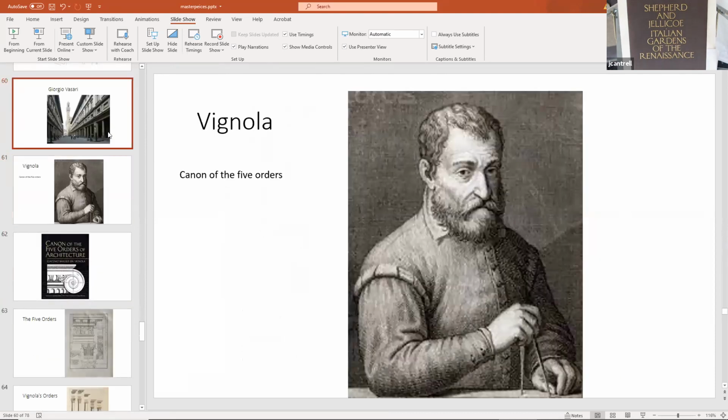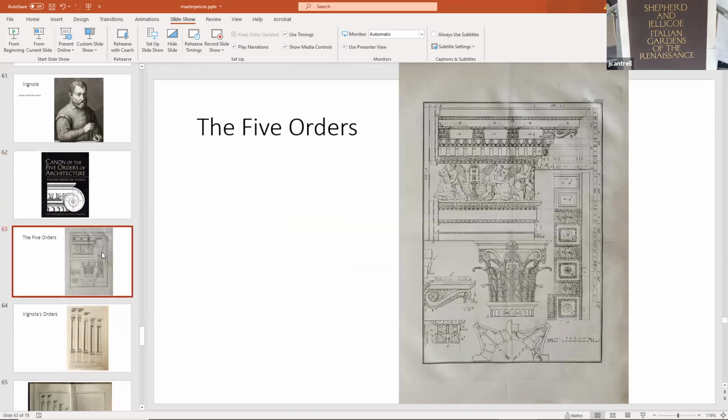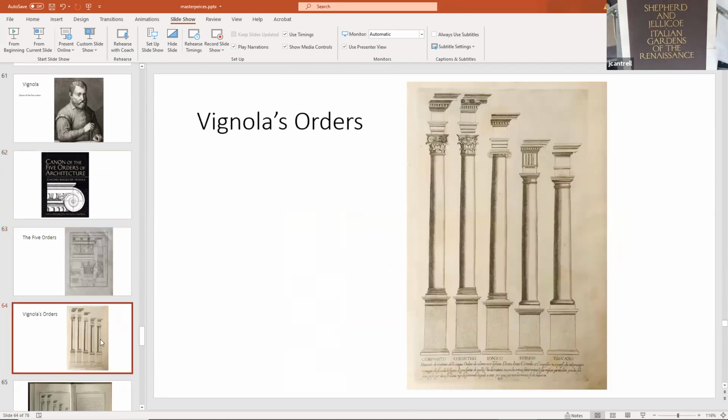Okay, so after Vasari, we roughly have Vignola. This is a very prominent architect and writer. His books were really 5 books, the 5 orders, the Canon of the 5 orders in architecture. Again, we see somebody who's an extraordinary individual. These are some excerpts from his books, where he's still trying to perfect and create his own clear dialogue on how to properly proportion, draw, and design the orders.